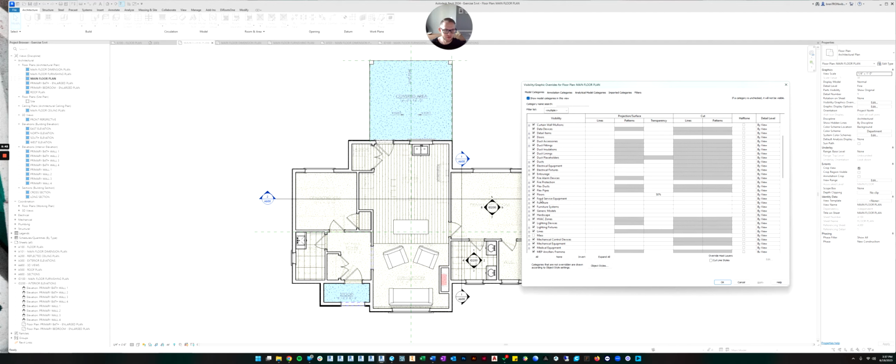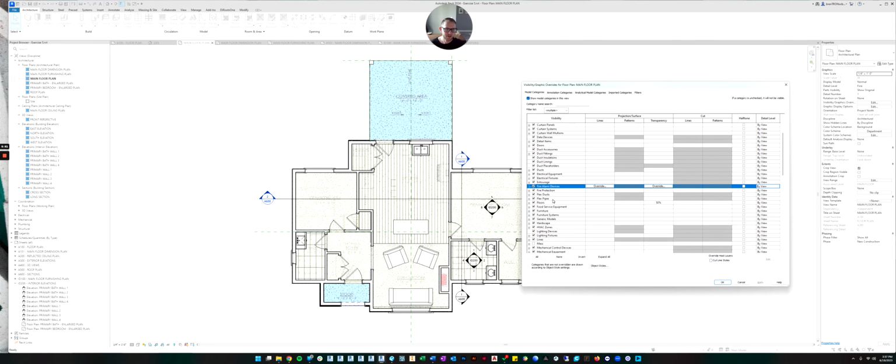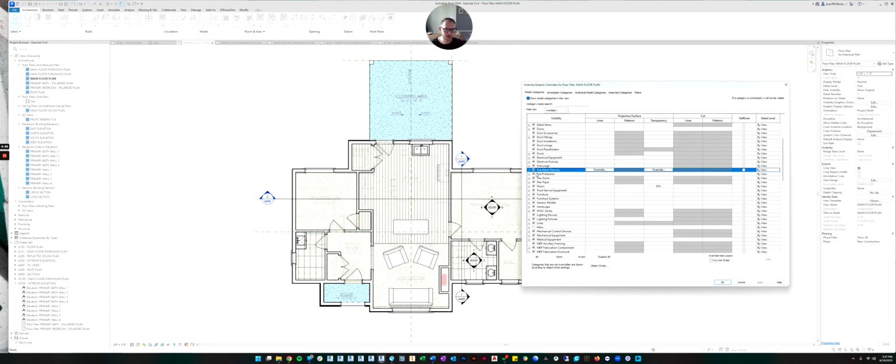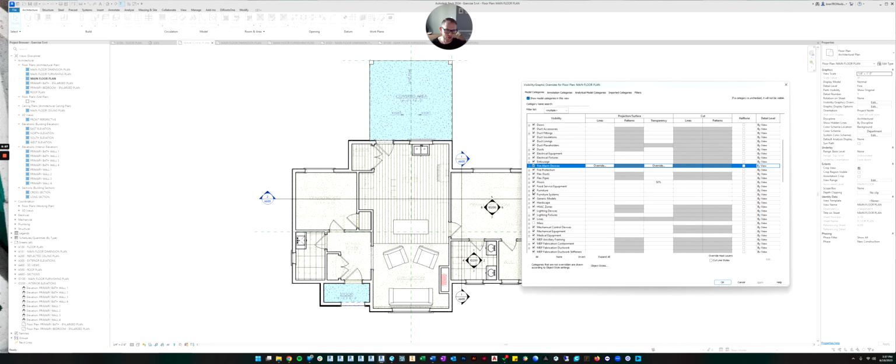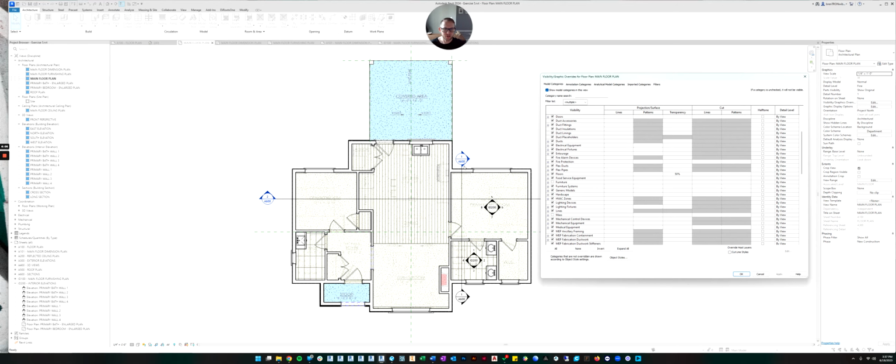So let's just go to F for furniture. Another trick is if you're in here, you can click a letter on your keyboard and it will jump down to that section. So I'm going to hit F and it jumped down to the first thing in the F's. Now I can see furniture. I'm just going to uncheck this box and hit apply. And now you can see the furniture's gone. So that's step one we needed to do.